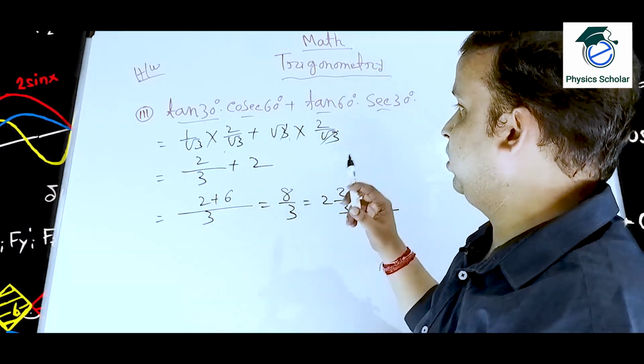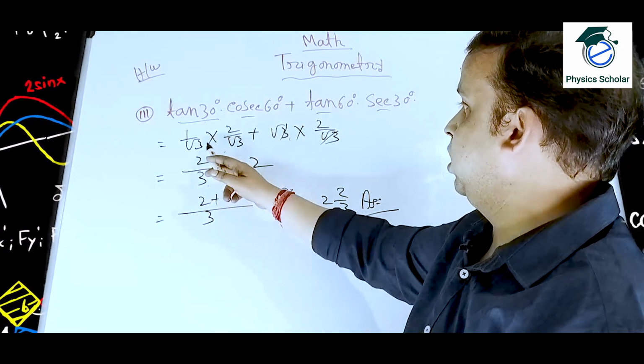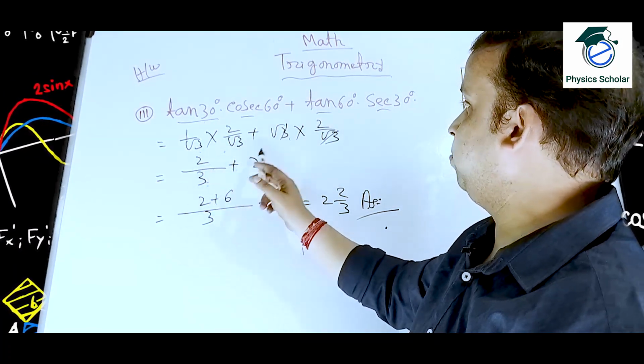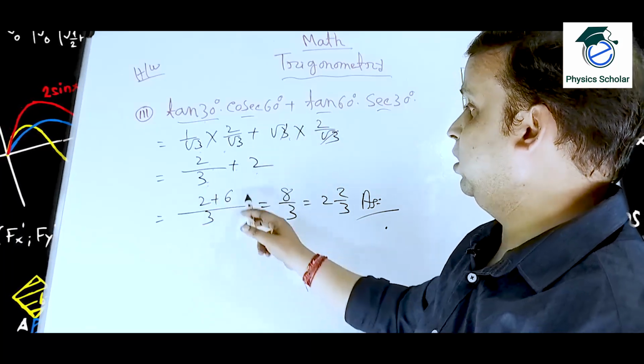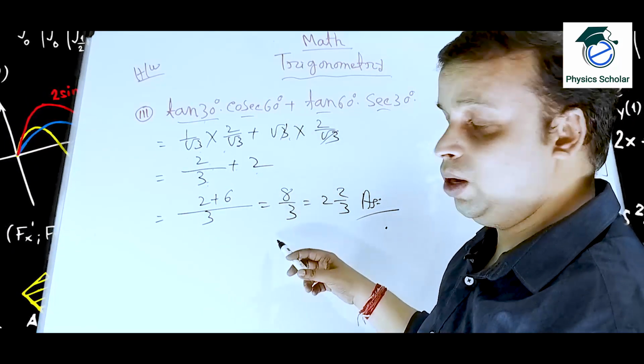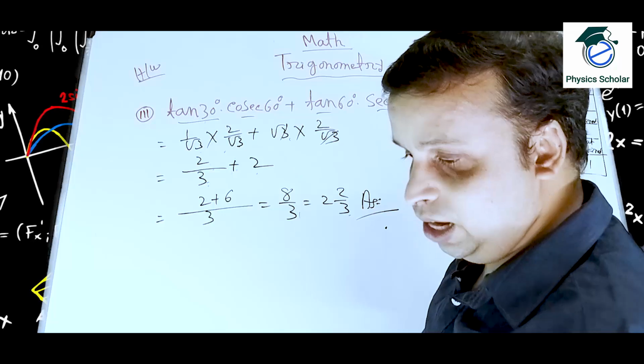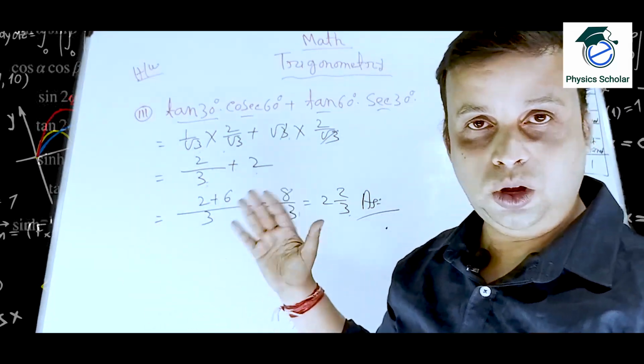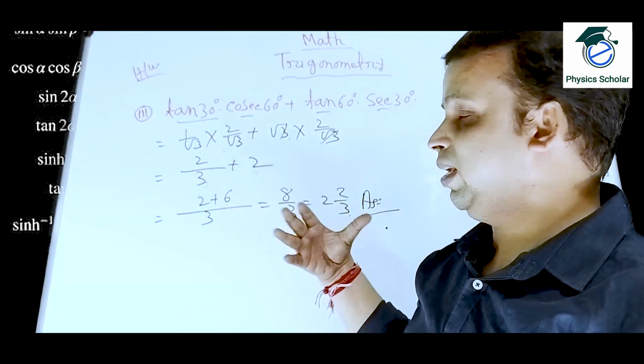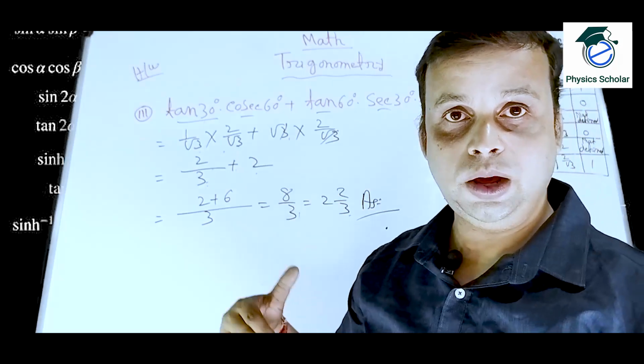The simple calculation is there. It will be 2 root 3, root 3 into root 3 means 3. So 2 by root 3 plus 2. This is a class 1 sum. Class 1 or 2 level we have done this. So very easy. Clear? So this is the sum. I hope you already did that at home, and if not, then see it. Now let us move to the next sum.